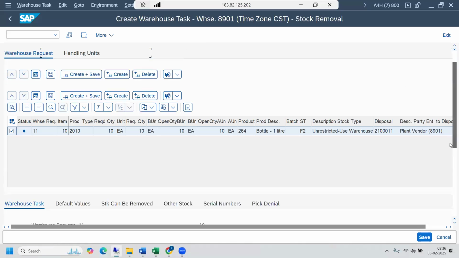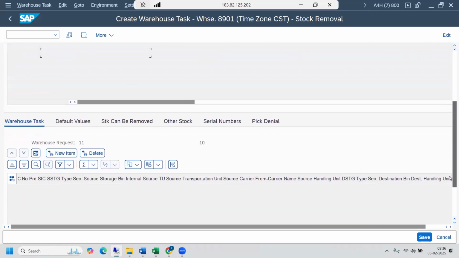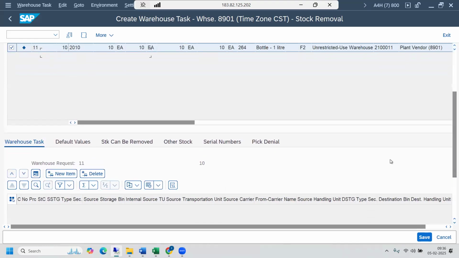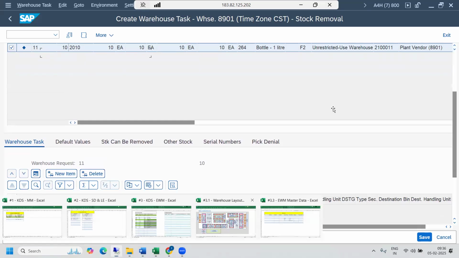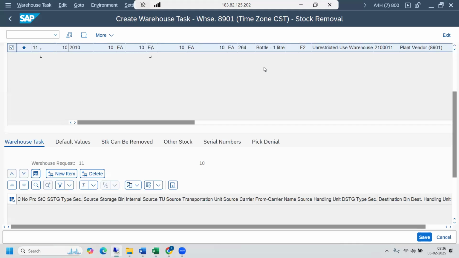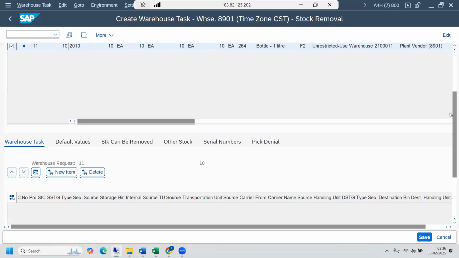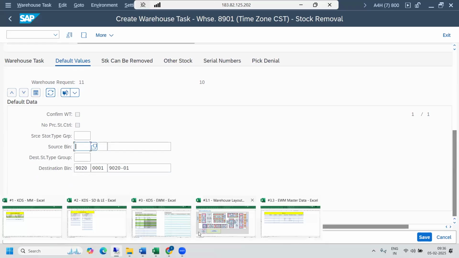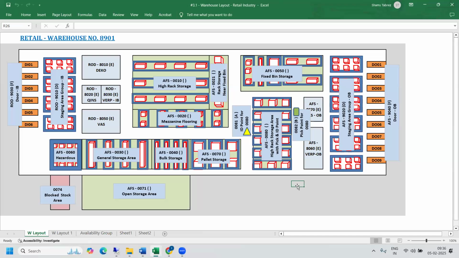So here, in order to create a warehouse task, we require source storage data and destination storage data. The destination storage data is available because we have maintained a staging bay as the default staging bay, right? That is the destination storage data. Now I'm going to enter the source storage data manually. So here, go to the default values. You can see here the destination storage data is available. Now I'm maintaining the source storage data,